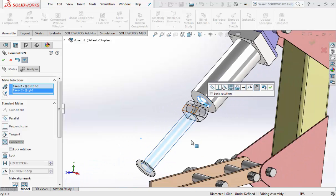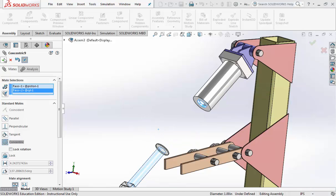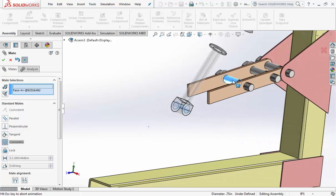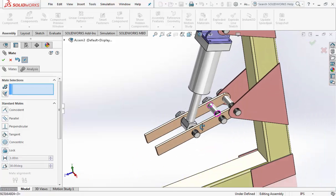Now this is backwards. Okay, we know how to flip it now. Click on Mate Alignment. Aligned to flip it. Go ahead and hit the check mark. Then the inside of that hole goes on the last bolt in the end. If you do it right, it should all kind of come together. Okay, hit the check mark